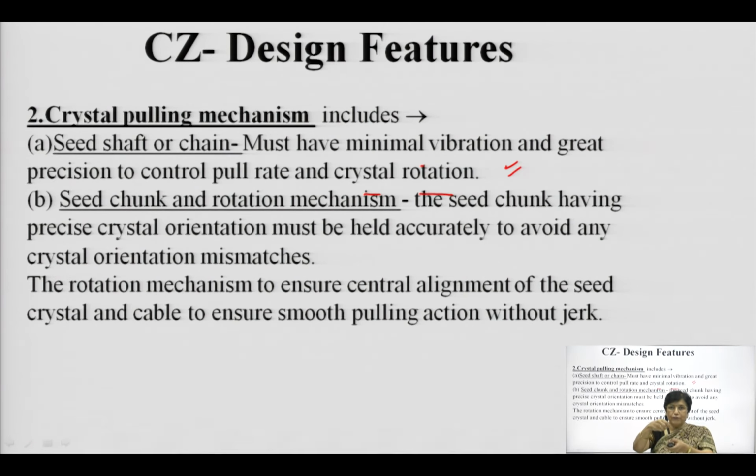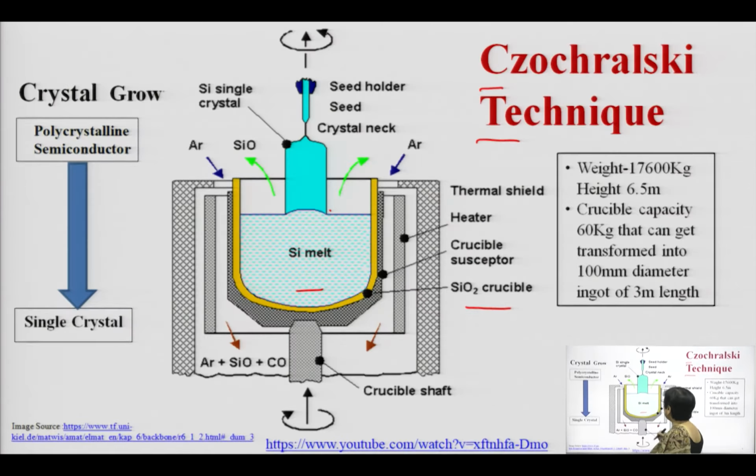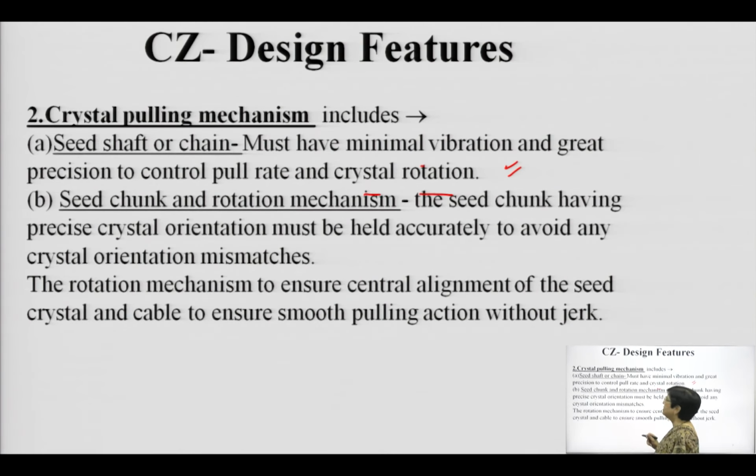Now, when you are lifting the silicon ingot or the seed crystal, you are at the same time rotating it, because unless you rotate it, this is going clockwise and this is going anti-clockwise, there will not be uniform deposition, because it is getting solidified and slowly grown. If you do not have proper pull rate, or any negative pull rate, it will melt this seed crystal into the molten silicon. So, we do not want that to happen, and therefore, the pull rate is very important.